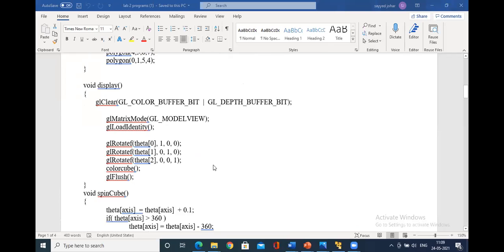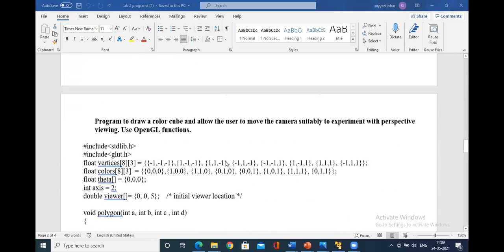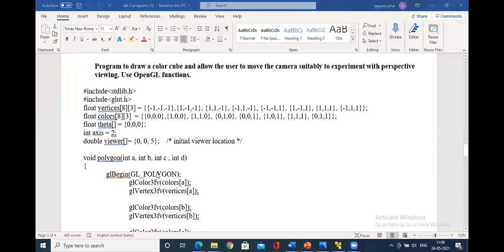And execute the program. I have forwarded one more program also, to see the perspective view. Due to some network issues, I could not execute that. In fact, I have to do two programs in a single app, the perspective view. That is called viewer functions. We use some viewer functions. The whole concept is the same, except that we use some viewer functions.